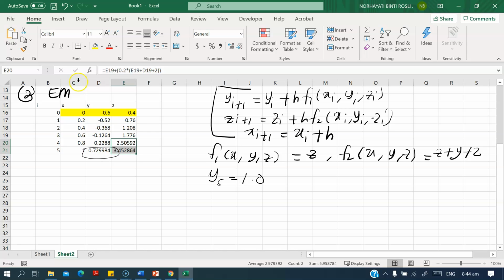But what we got here, our y5 based on this Euler method, is actually 0.729, 0.7300 if I round off up to 4 decimal places. It is not equal to 1.0, which means the solution that we got here is not correct